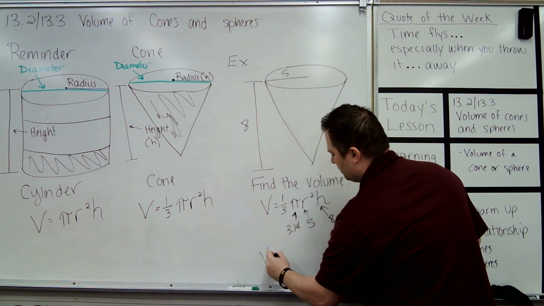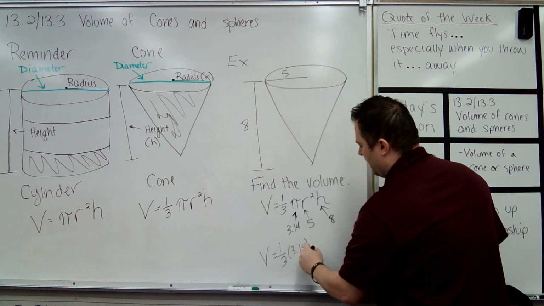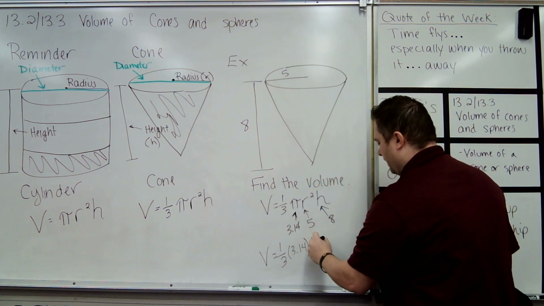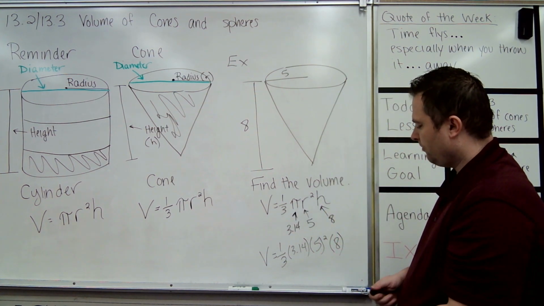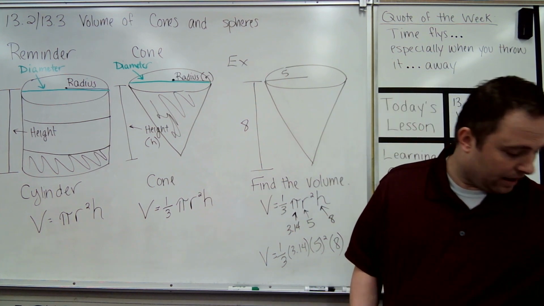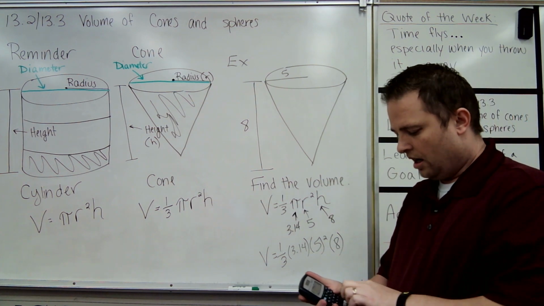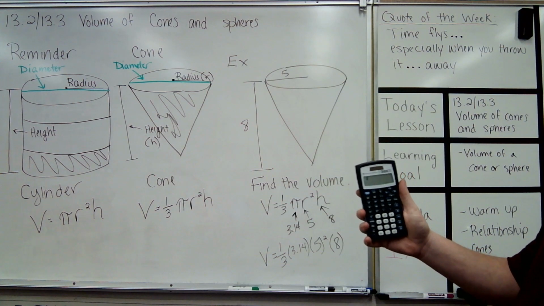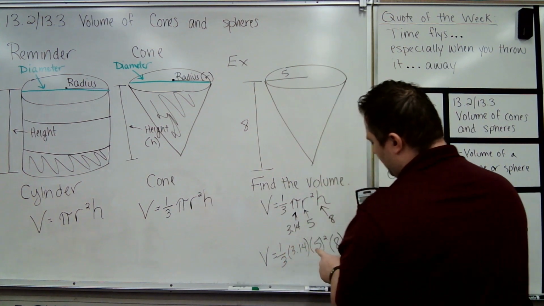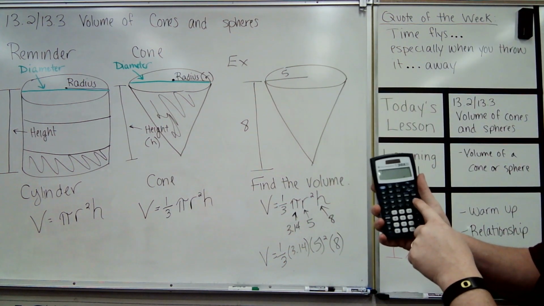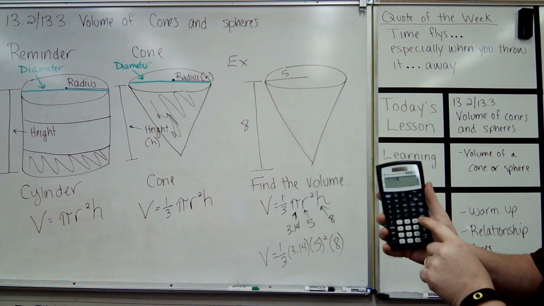The volume is equal to 1/3 times pi, which is 3.14. And then I'm going to multiply that by 5 squared. So 5 squared. And then times that by 8. Okay? The rest is a calculator. And I just have to grab my calculator here. Okay? I'm going to grab my calculator. And to put fractions in, I'm just going to press the buttons. That 1 divided by 3. And then I'm going to multiply the rest. So I'm going to press 1 divided by 3. That takes care of the 1/3. And then pressing times